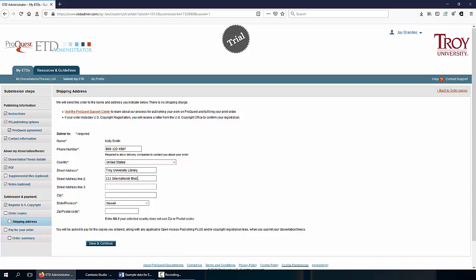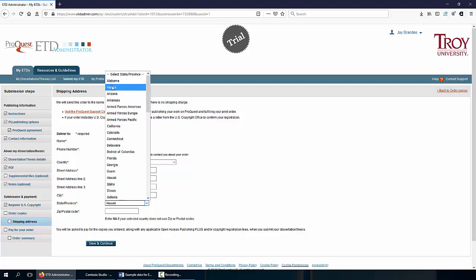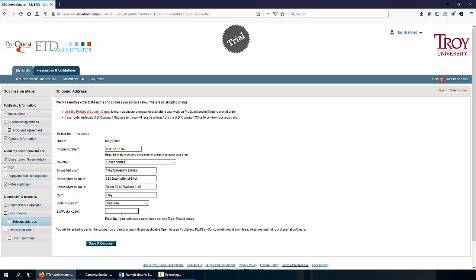And there's the street address, and here comes the room in our building, and we are Troy, Alabama 36082. So again, I stripped out the student mailing address and I've replaced it with the library mailing address, because